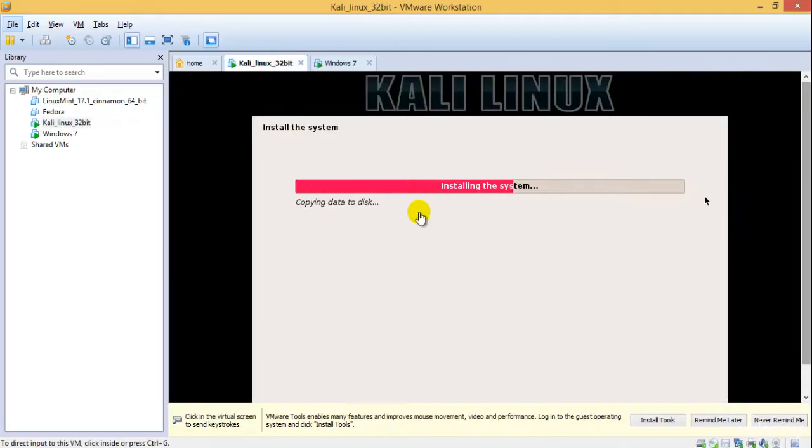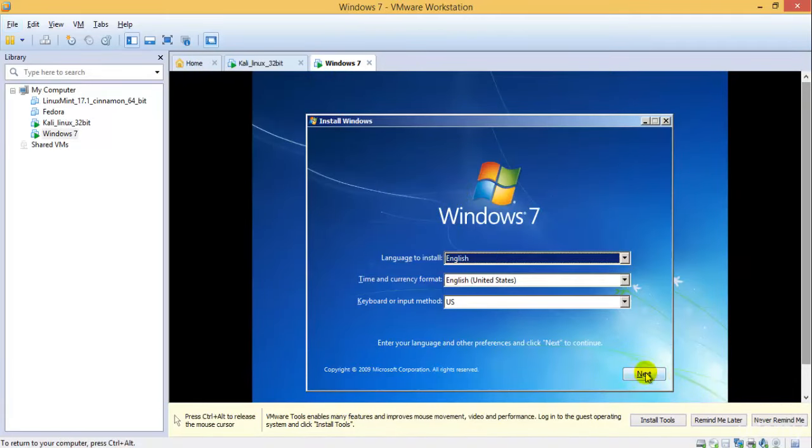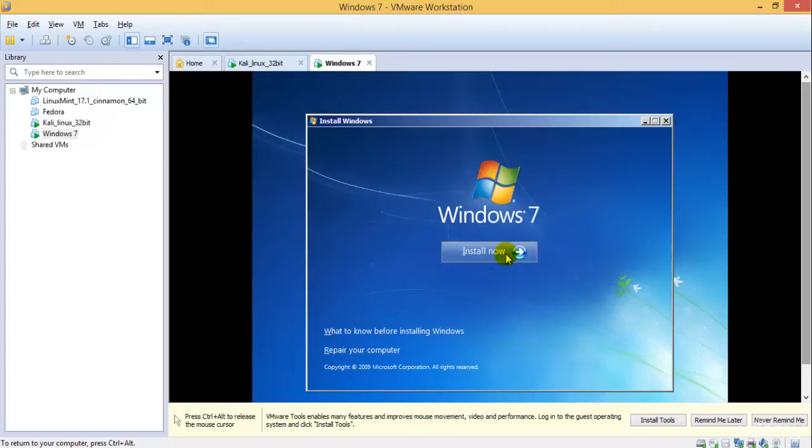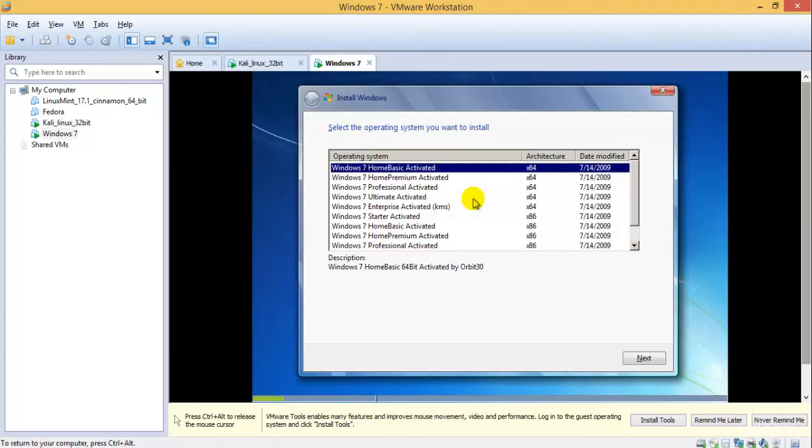So in the previous tutorial I showed you how to install Kali Linux. I'll continue with the installation of Windows 7 in this version, and I'll select install now. By the time it gets installed, I'll also show you some specific things as to what